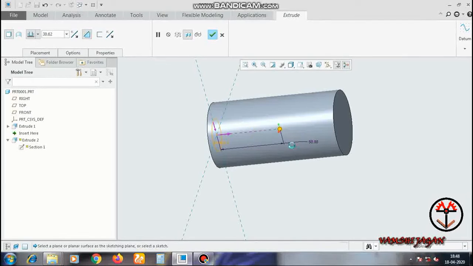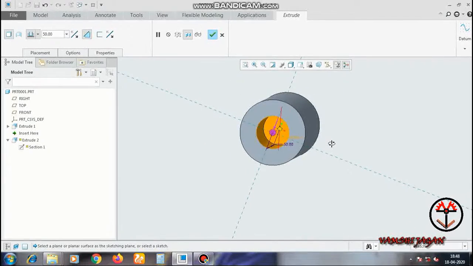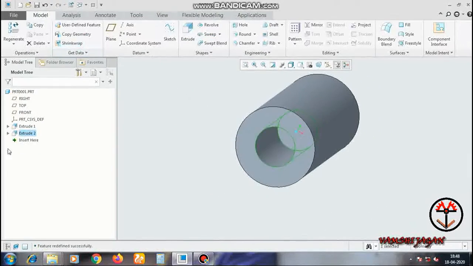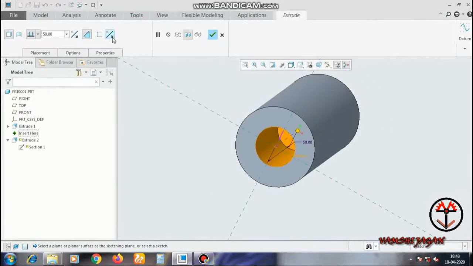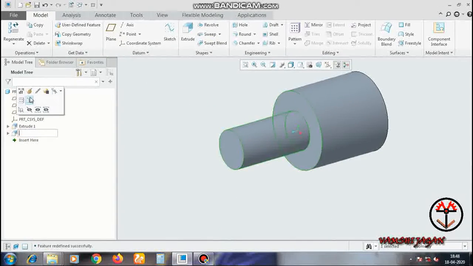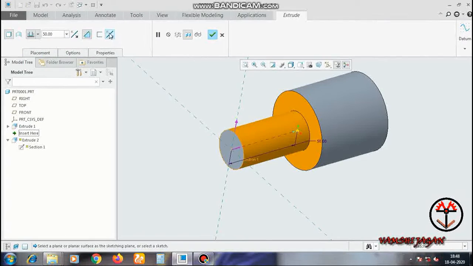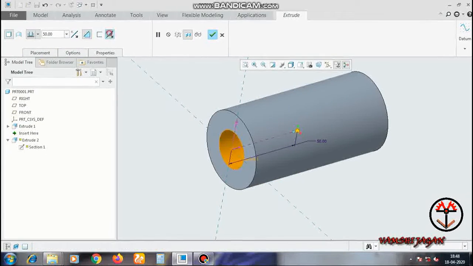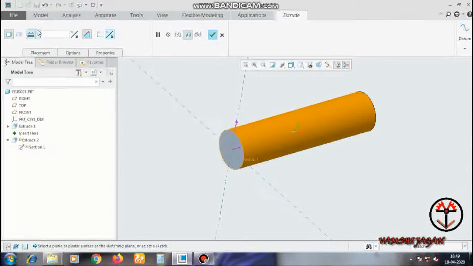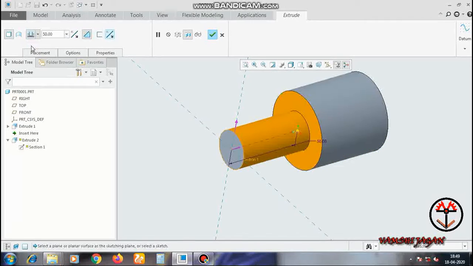and I will keep blind. In that blind I will keep 50 length. So you can see metal was removed only 50 length. After that you want to remove outer side material. I will show you. You can remove outside material and keep material inside. So this is the remove outer material arrow. So you can keep up to next for through material removing. You can use through also for that.